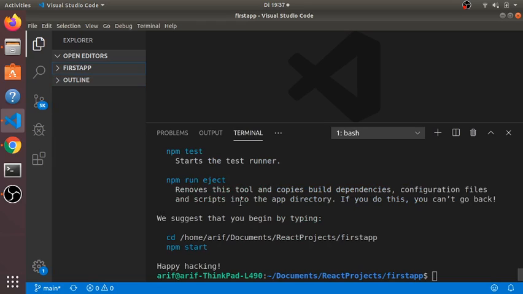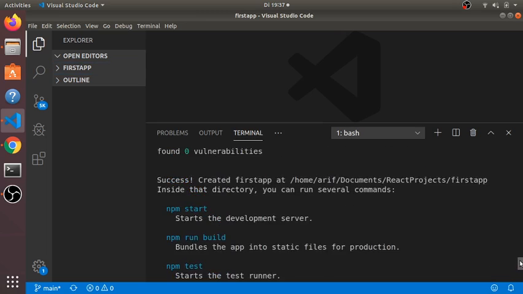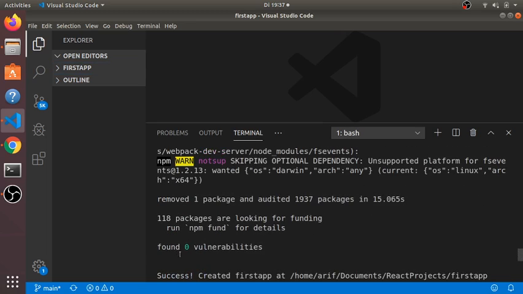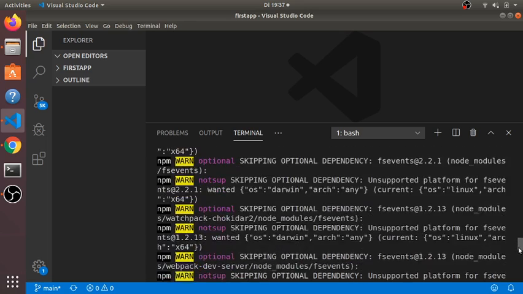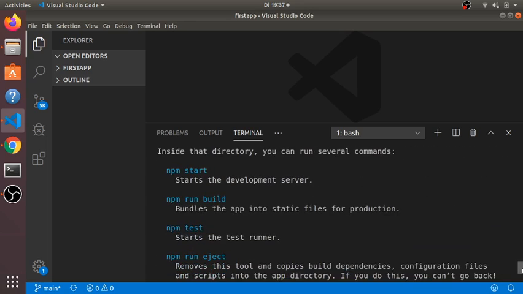Okay, so now after installing finished, you can look into what happens. After installation finished, we see found 0. That means everything is installed correctly, and you see 118 packages are looking for funding. So this is actually a lot of dependency and a lot of files installed with React.js apps, a lot of nice templates. And after it's finished, we see npm start, like how you can start the React development server